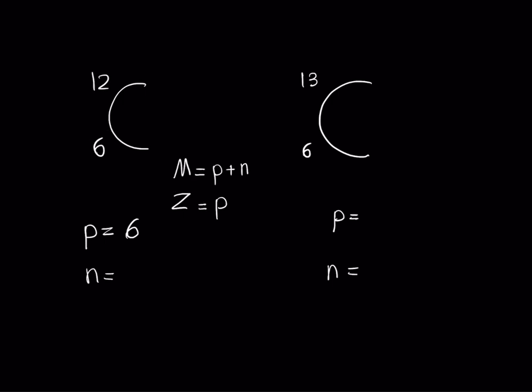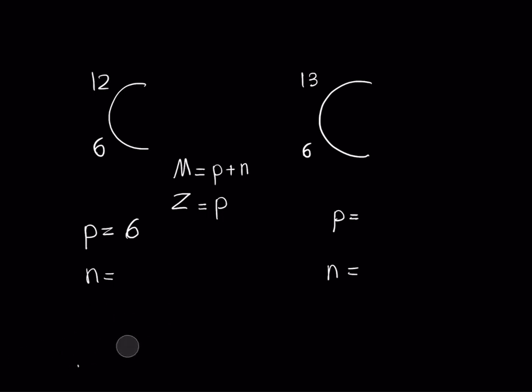In terms of neutrons, we can figure out the number using this equation. The mass number is equal to the number of protons plus the number of neutrons, so we can subtract both sides by the number of protons and we get the mass number minus the number of protons,